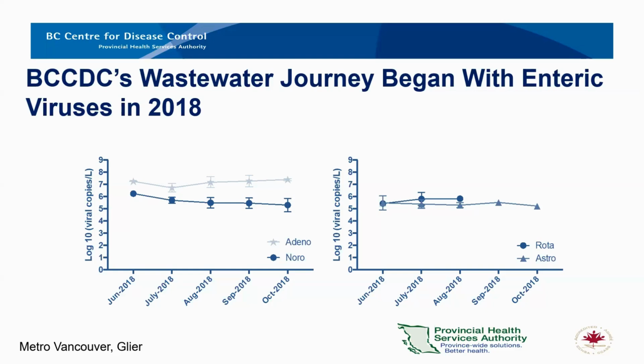Metro Vancouver was interested in understanding how much virus is incoming and outgoing from the wastewater plant. And as a lab that does work in development, we wanted to A, develop a good method for wastewater, and B, understand how much norovirus is coming into a wastewater plant from the community. So we had been starting to do this work early in 2018. But when the pandemic hit, this work was put on pause and we focused our efforts on detecting respiratory viruses instead.